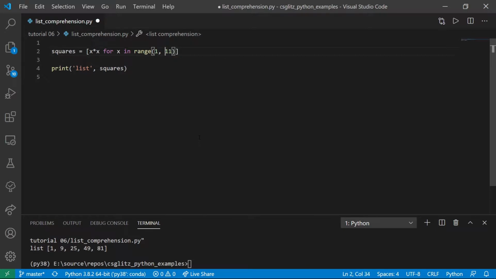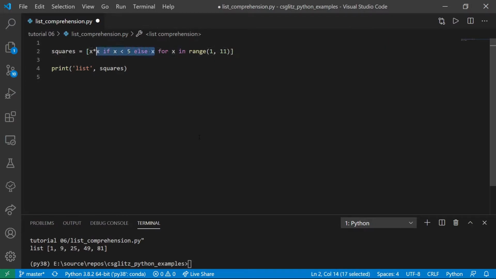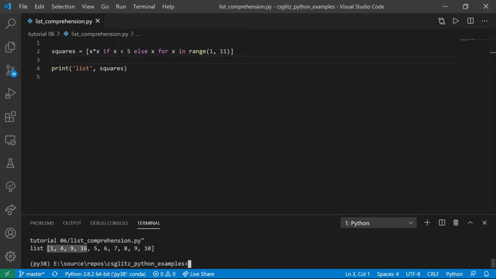Beware, if we put the if in the beginning, then it will take that as a part of the expression that we want to evaluate for every element. This will square only those numbers which are less than 5. We can use both as well. This will only take all the odd numbers and then square only those numbers which are less than 5.